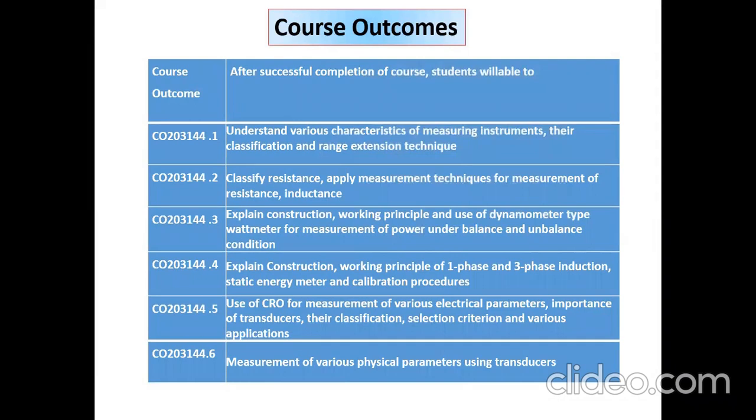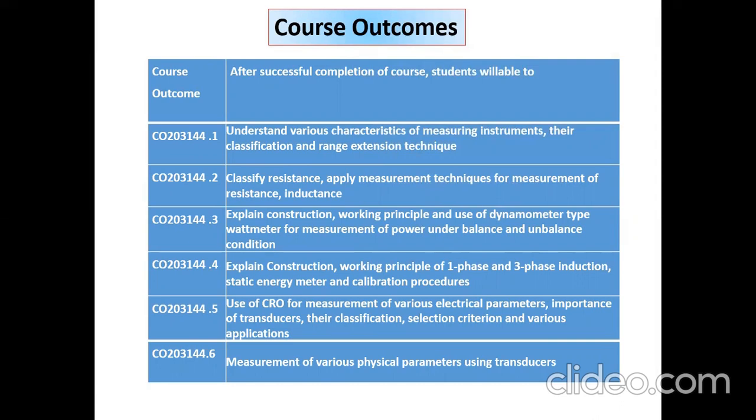It is used to measure the electrical quantities like voltage, current, power, resistance, power factor, etc. Their classification: how to classify the measuring instrument according to primary or secondary instrument, and range extension techniques means how to extend the range